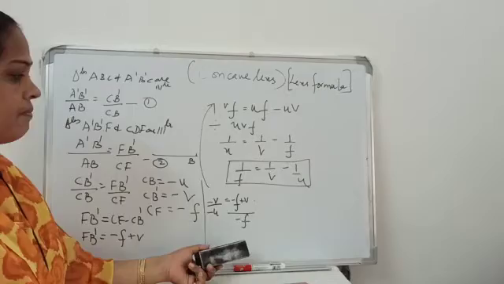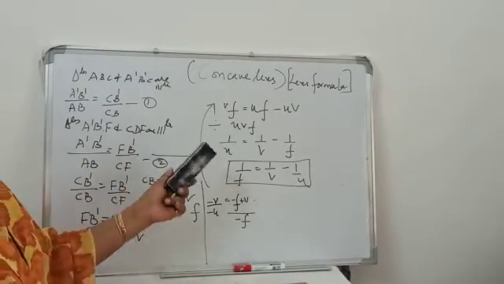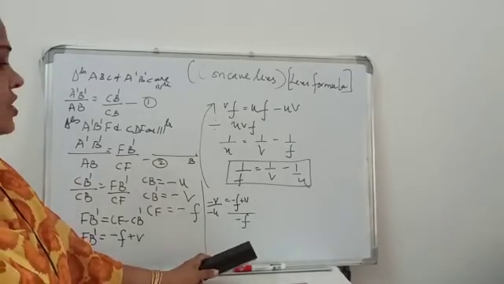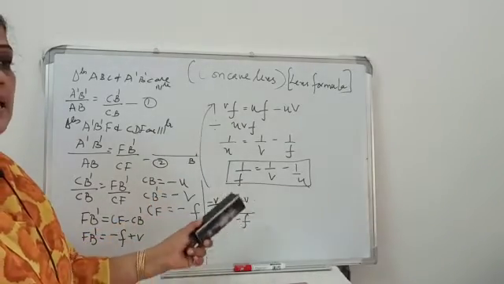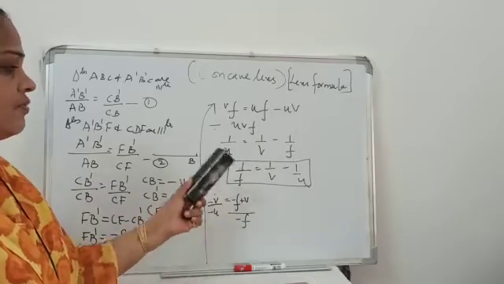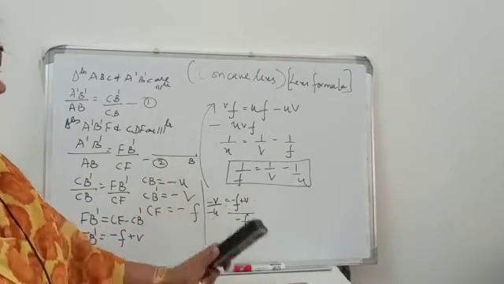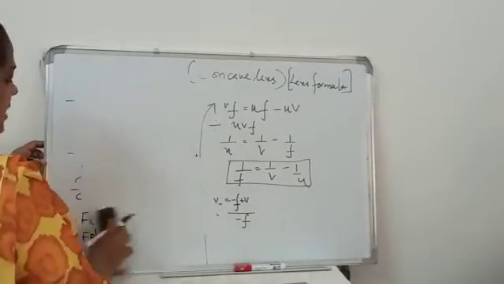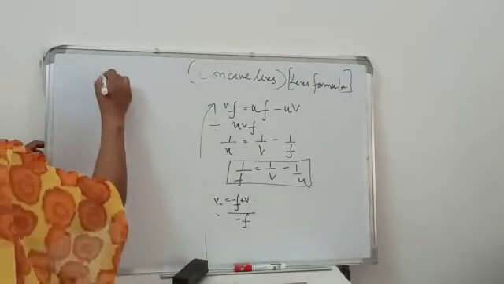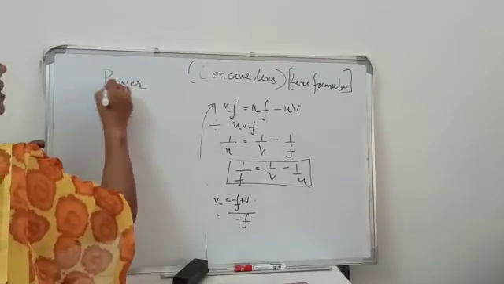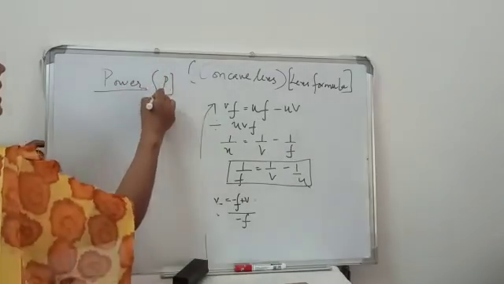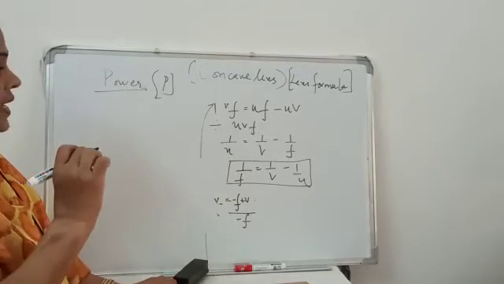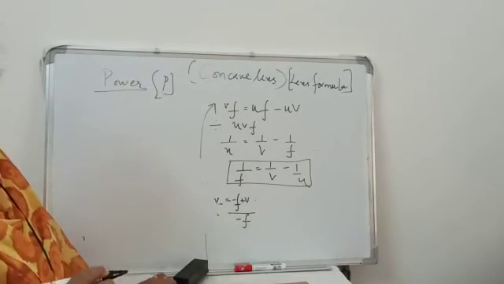So, it is the same whether it is a convex lens or a concave lens. Only the position of the image will change for a convex lens depending on whether it is placed within the focus or beyond the focus. Now, we have one more term to explain over here, which is called the power of the lens. Power is the ability of the lens to converge or diverge the amount of light that is falling on it.